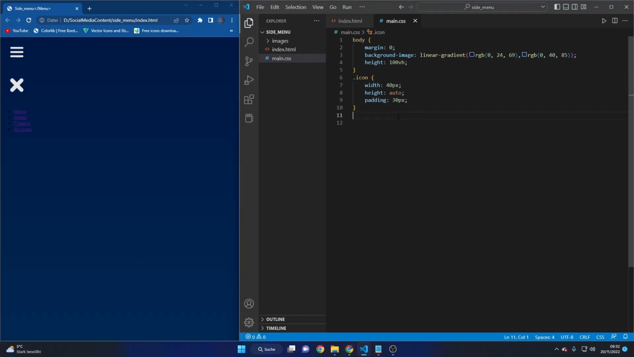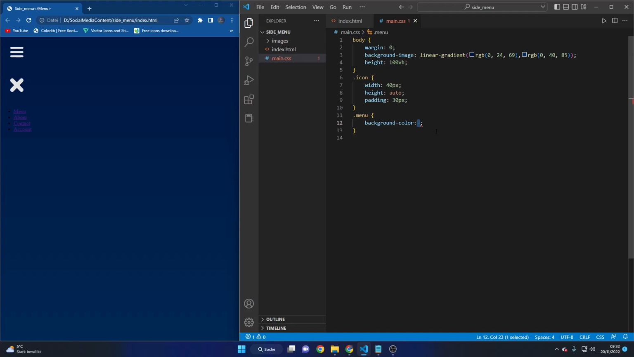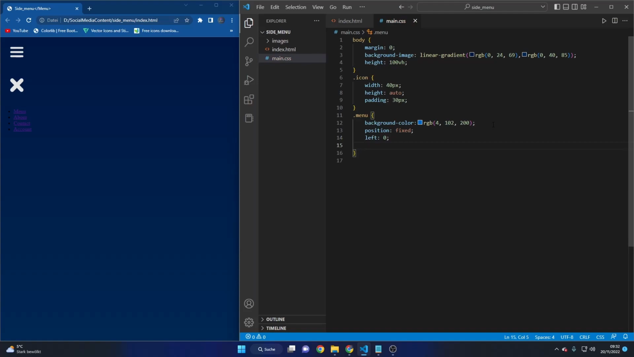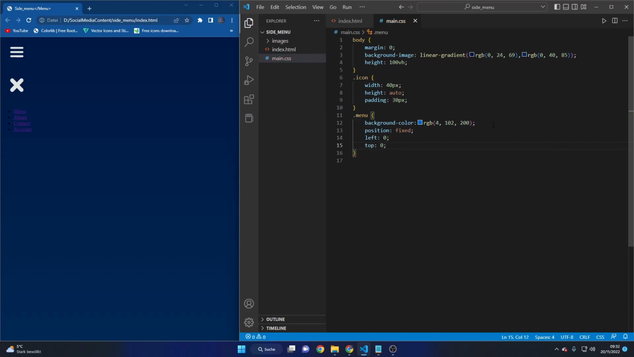Okay, let's now style the menu part. First we'll give it a background color. After that a position of fixed, so it will stay on the same position, left to 0 and top 0. Of course you can put it everywhere you want. Height will be like the background,